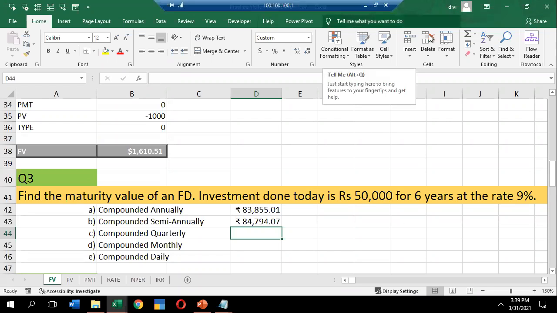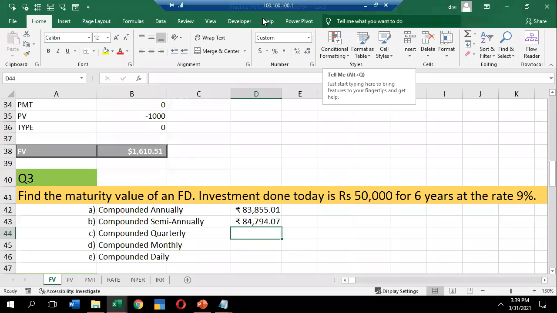Let me wait for others to answer. Bharat, Chetan, how many quarters will be there for 1 year?